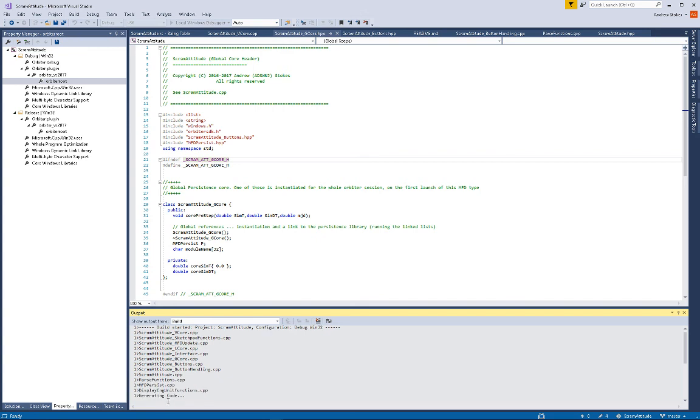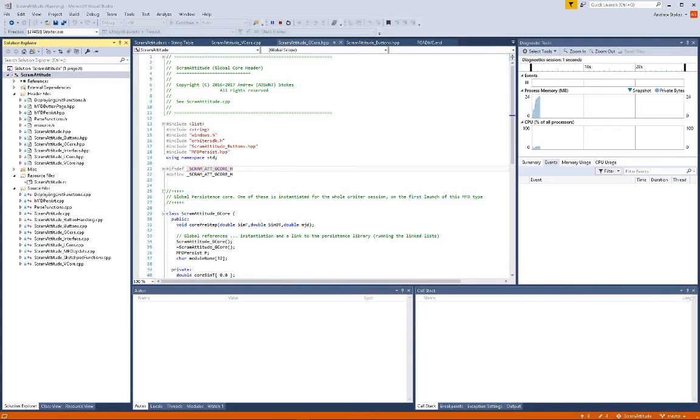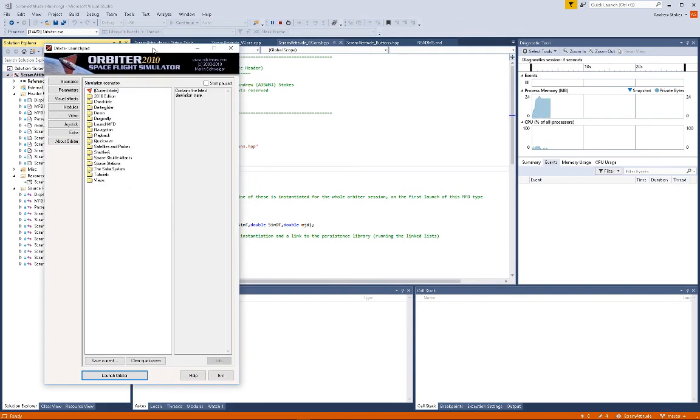The result is actually going to target straight into the Orbiter 2010 directory. So my compile is actually generating the DLL directly into the appropriate distribution and folder that I need. And just to show you, if I run Orbiter 2010, so run the DLL, you see now I'm launching